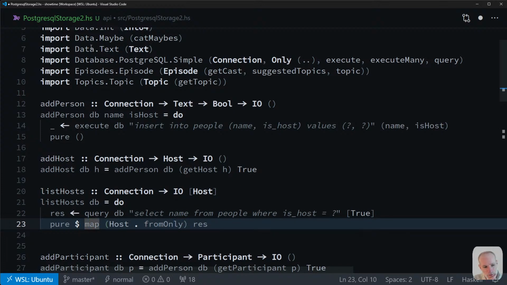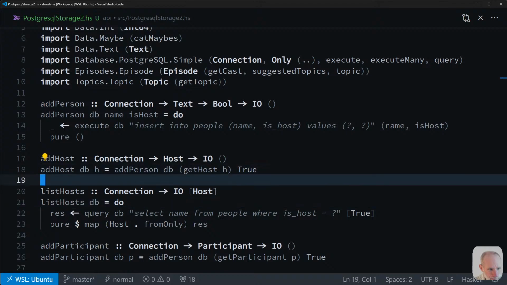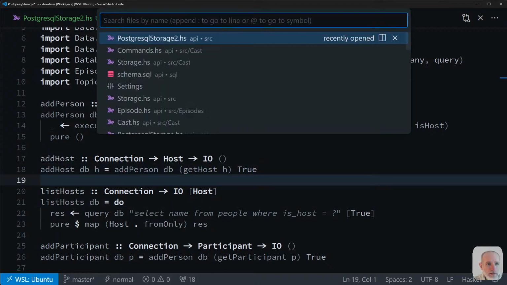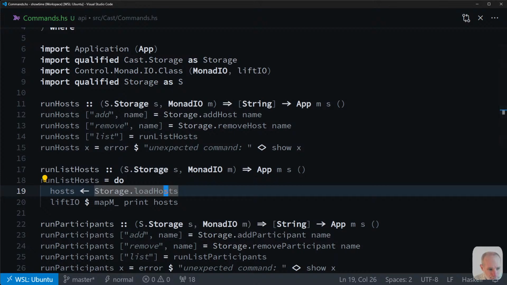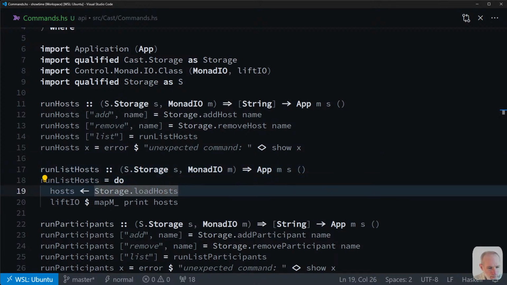Saying it like I could stick it on one line and replace res with this, but actually it might get a bit long to read. So let's leave it at that. Okay. So in theory, list hosts should work. In theory, right. So now if I go to my commands, instead of doing storage.load hosts,